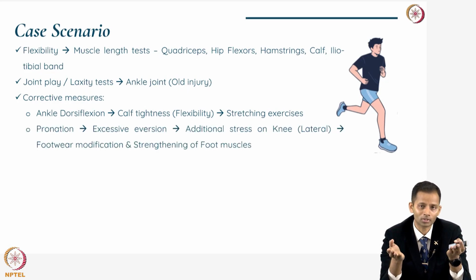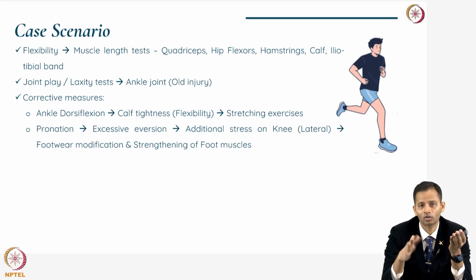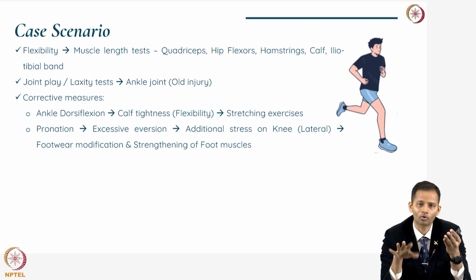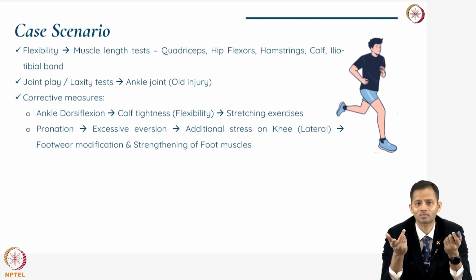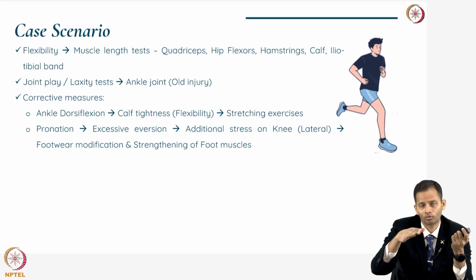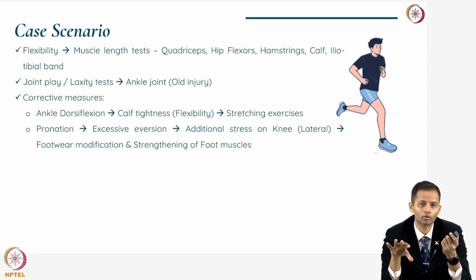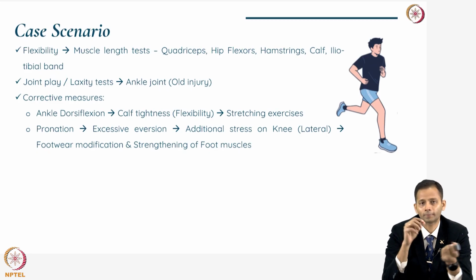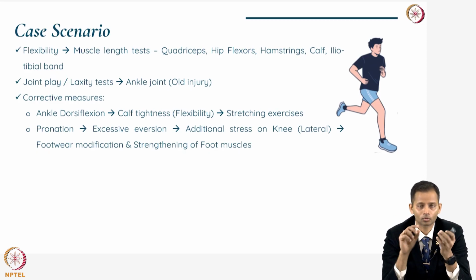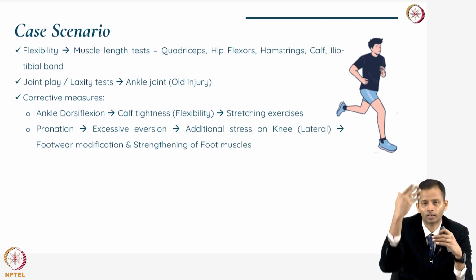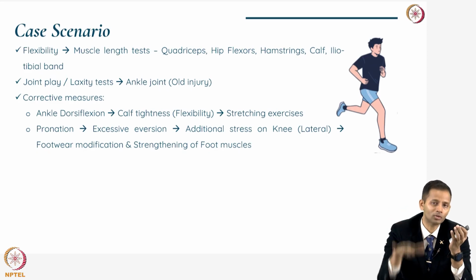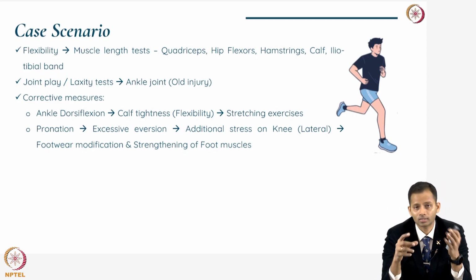Say if you do a foot posture index, you get to know whether the individual is pronating or supinating. Mostly the injured joint is more prone to pronation because the control is not there, because of the frequent injuries. So there may be excessive eversion, that is, going outwards, and the more the pronation or excess eversion, the more time it takes for the joint to lock. That is the kinematics involved in the locking and unlocking of the knee when you land and push off. So that is again important.